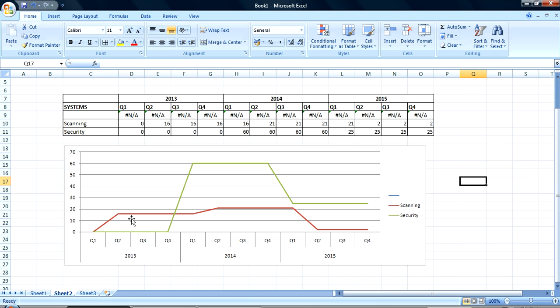Same for scanning. You've got 15, 21, and something about 2. Now, so you can see we've put both the calendar year and the accounting year together. But over here, I'm not comfortable with this join line. This join line, it doesn't really show a true picture. It's almost like previously there was 0 here, then it come up to 60. So I want to eliminate